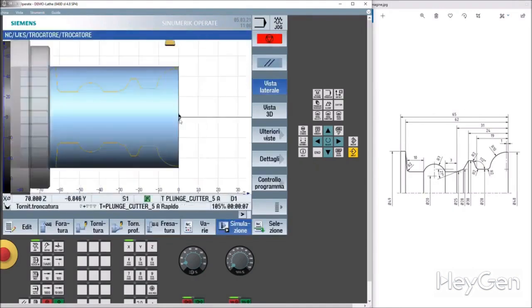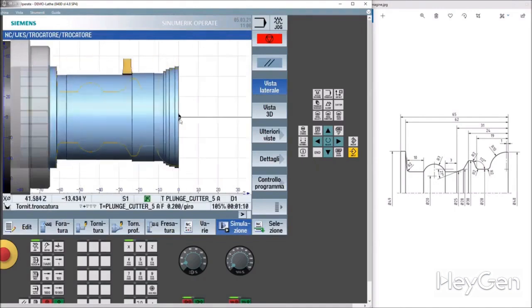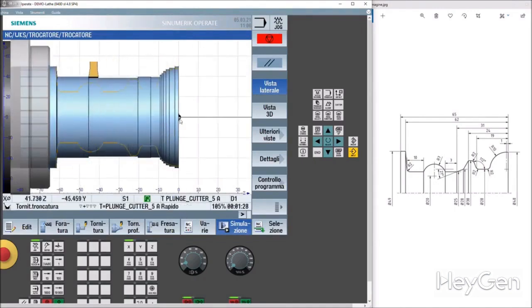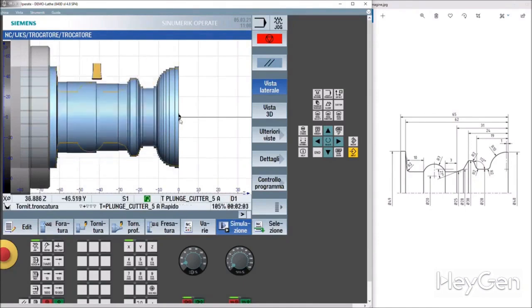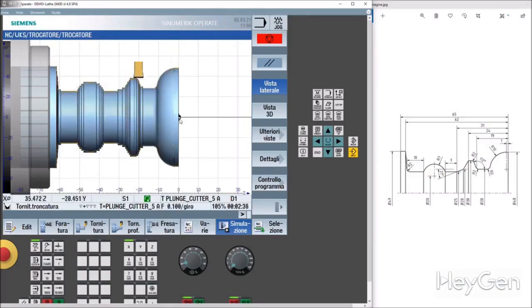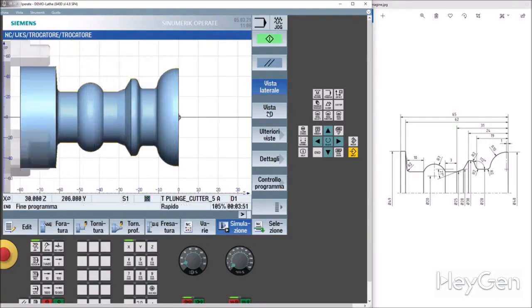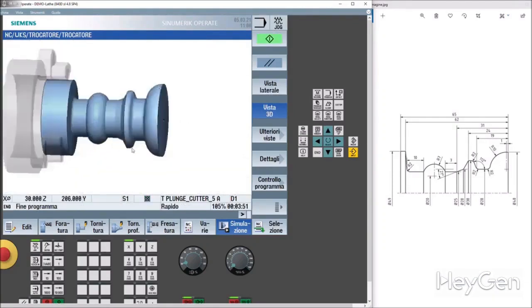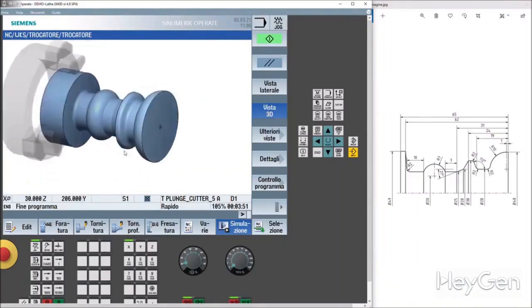I didn't check the time, but in my opinion it takes about 5 minutes to do this program. How powerful is it?